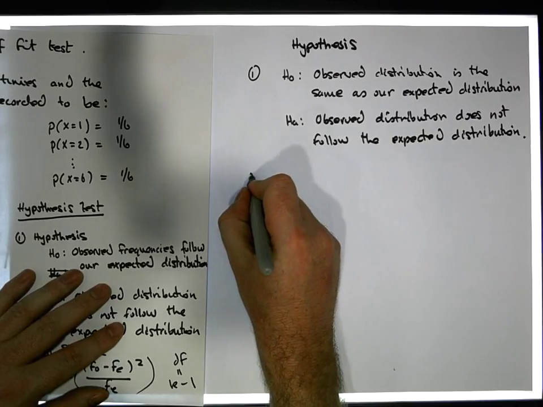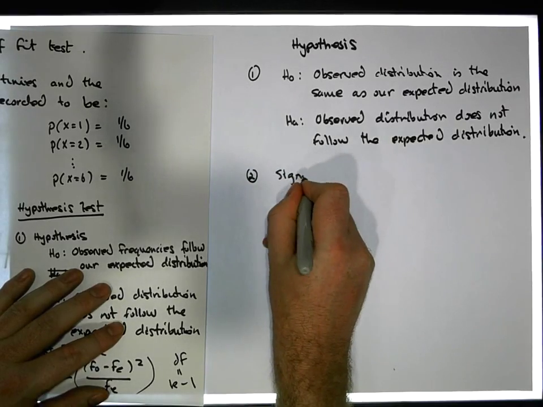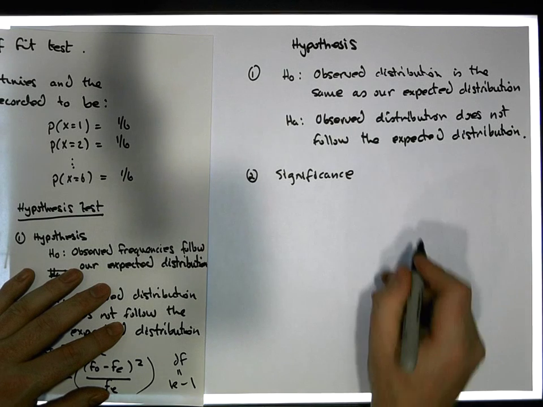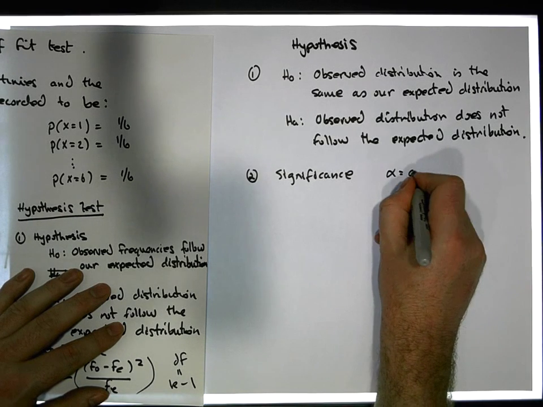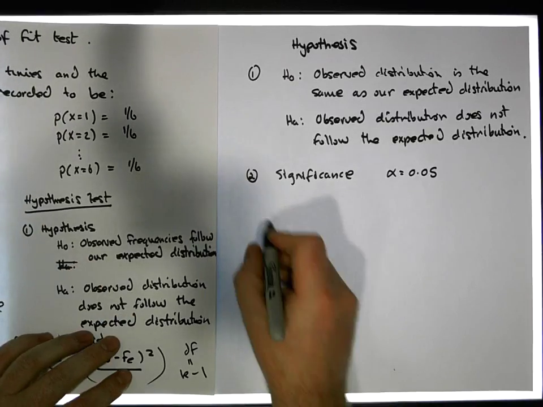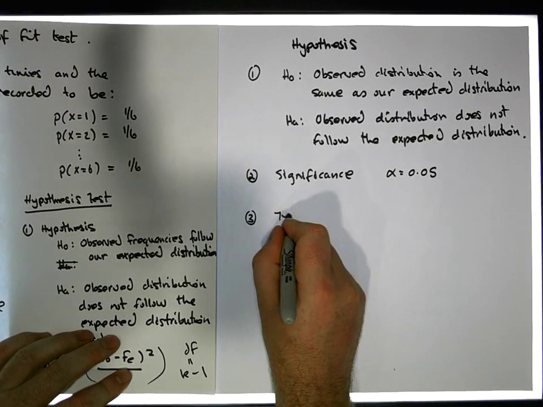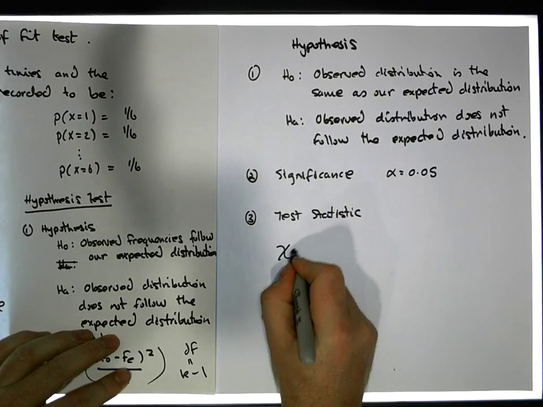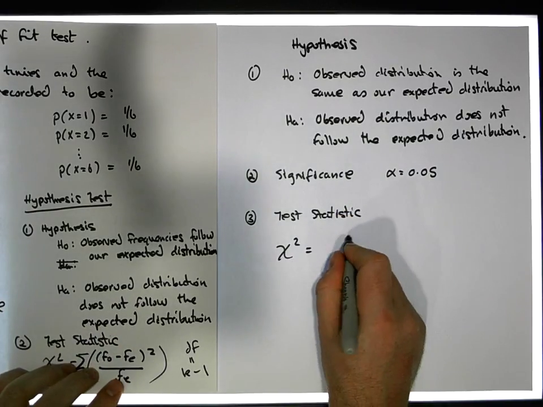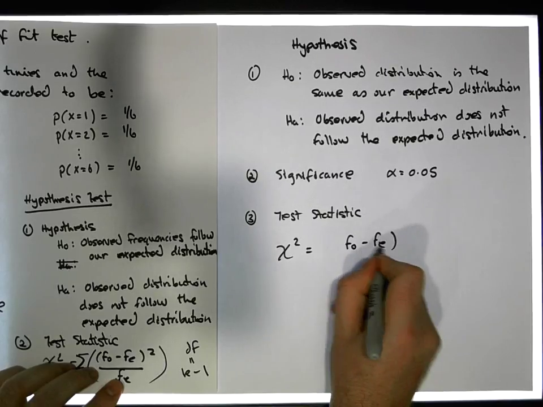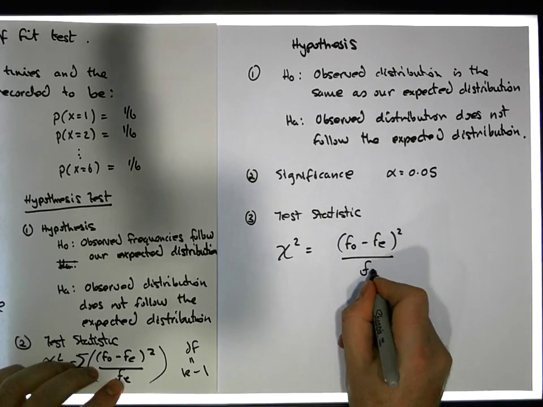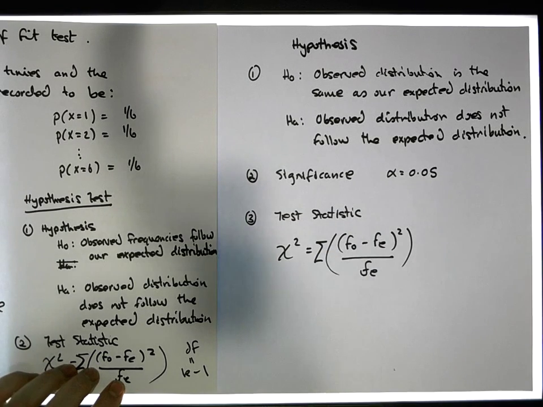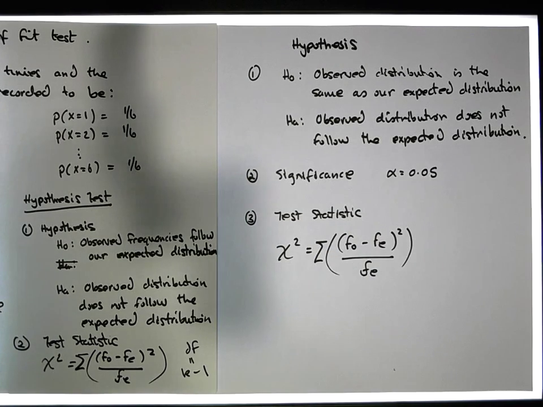Part 2, I should have said, is the significance of our test. That's the probability that we're willing to accept with respect to incorrectly rejecting a null hypothesis. And what we're going to do here is alpha is equal to 0.05. Then we have part 3, our test statistic. Our test statistic is the chi-squared test statistic. It's equal to the sum of the observed frequencies minus the expected frequencies squared relative to the expected frequencies, across all of the possible values that could occur